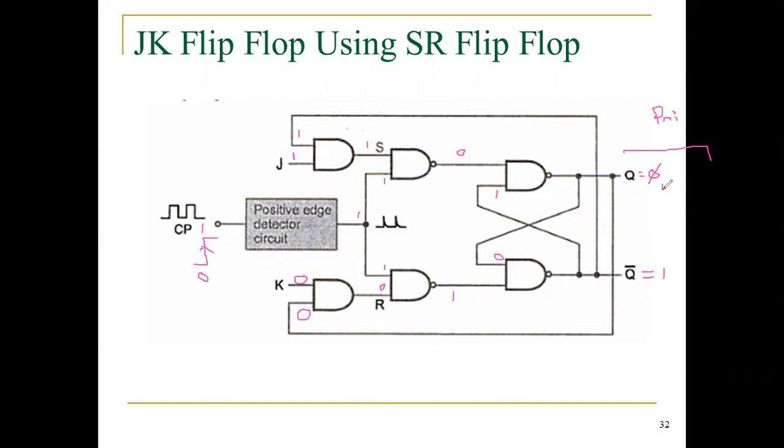So the initial assumption is 0, that changes to 1 now. Now the second assumption: instead of this, my previous output is equal to 1 and 0. What will happen? This 1 comes to here, instead of 0, now 1. This 0 goes to here, instead of 1, now 0. Then this 1 comes to here, this 1 comes to here, this 0 goes to here, this 0 goes to here. What will happen?